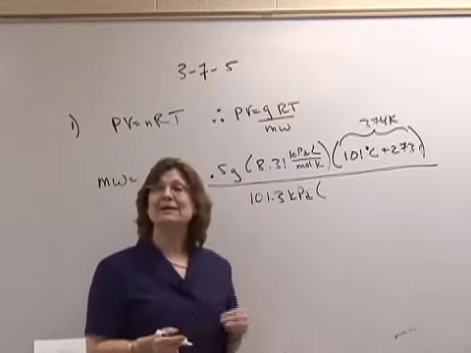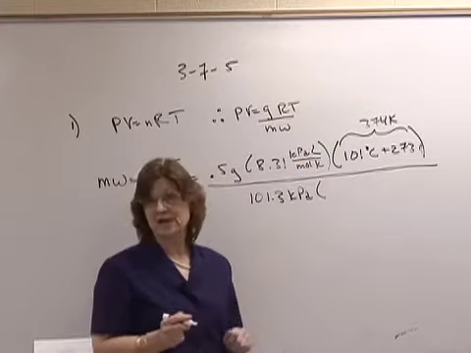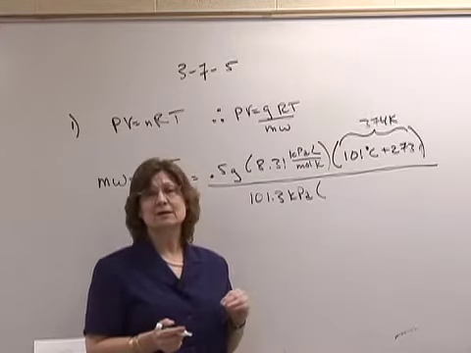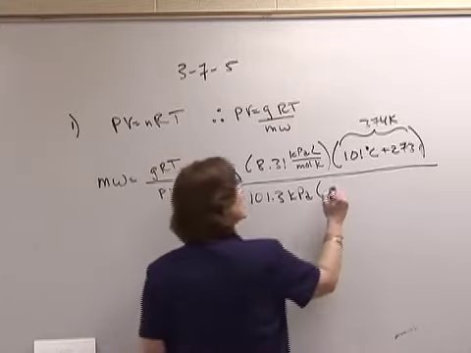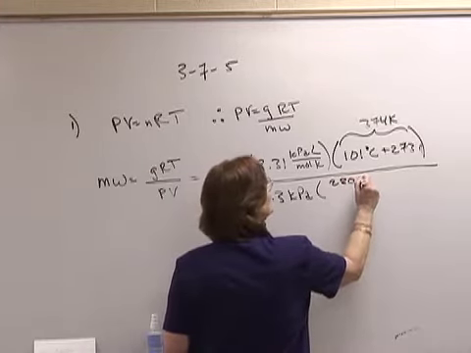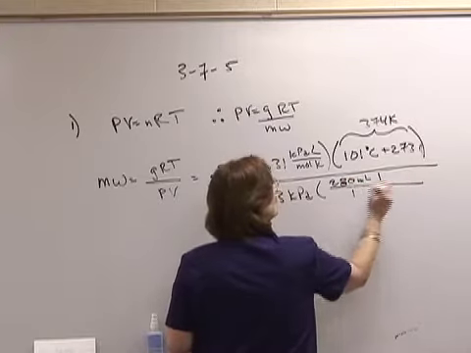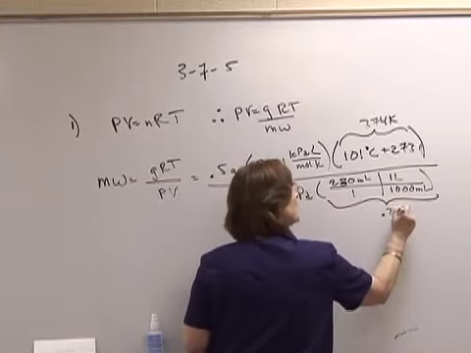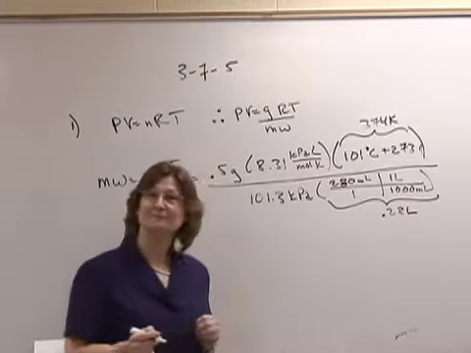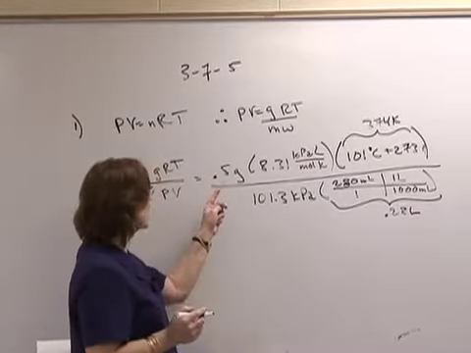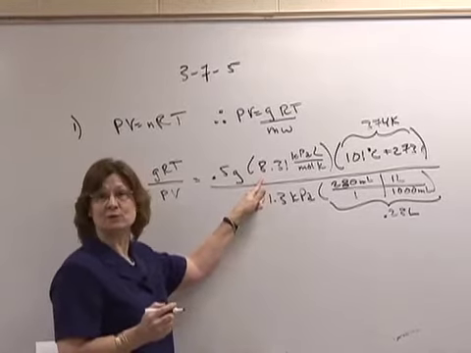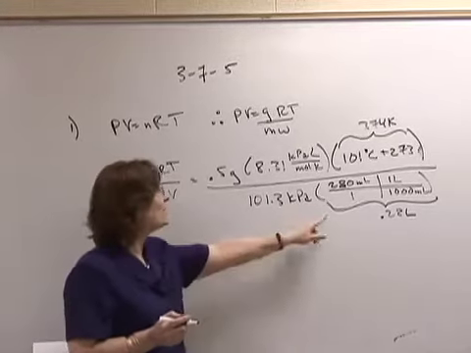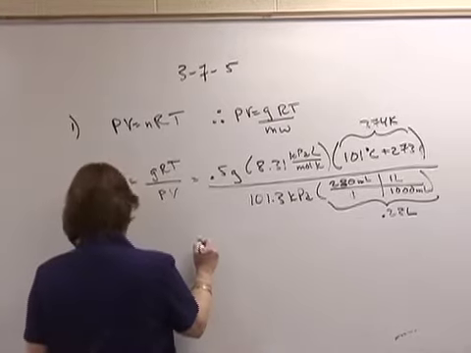And the volume is given in milliliters, and my constant has liters, and therefore I must change it, or else I would have to solve for my constant again using milliliters, but it's easier to just go ahead and change this. I have 280 milliliters, and 1 liter is 1,000 milliliters, and therefore this is 0.28 liters. And when I do the math, 0.5 grams times 8.31 times 374 divided by 101.3 divided by 0.28, I come up with